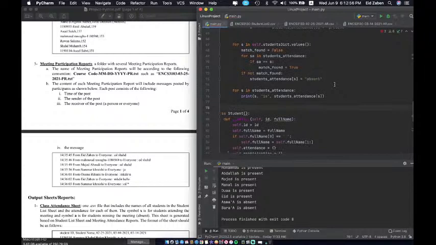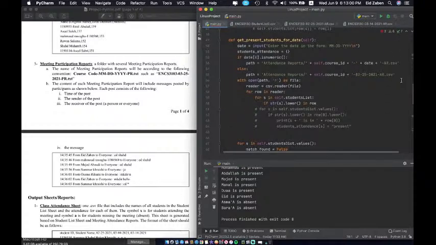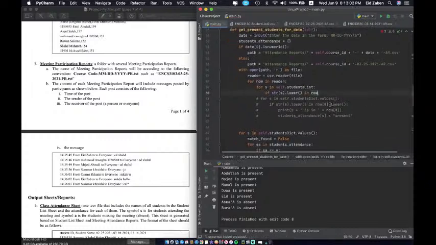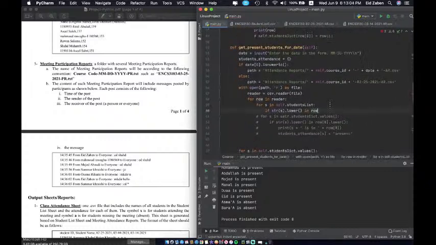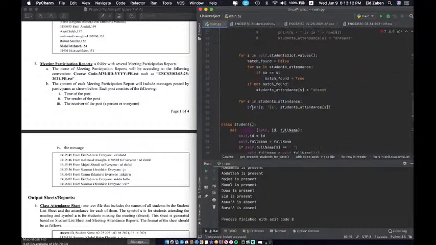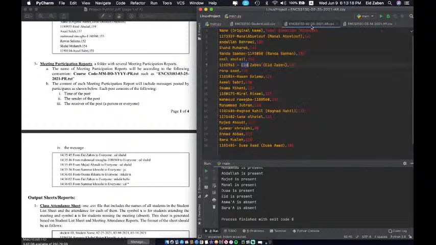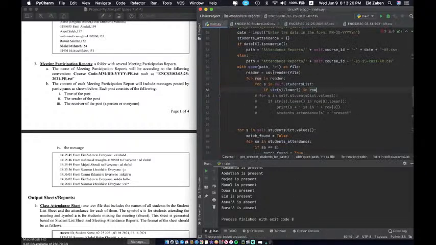I've honestly completely forgotten where we left off, but we have an error, so let's go and see where that is. Alright, yeah, so what I'm trying to do right now is set each student inside of the students list as present or absent depending on if their name appears inside of the attendance report. And so to do that, what we're going to have to do is